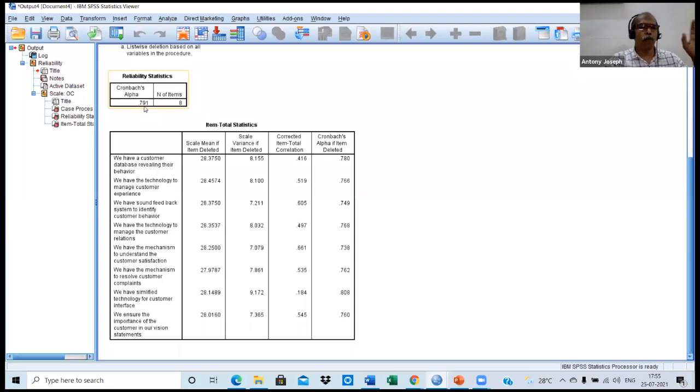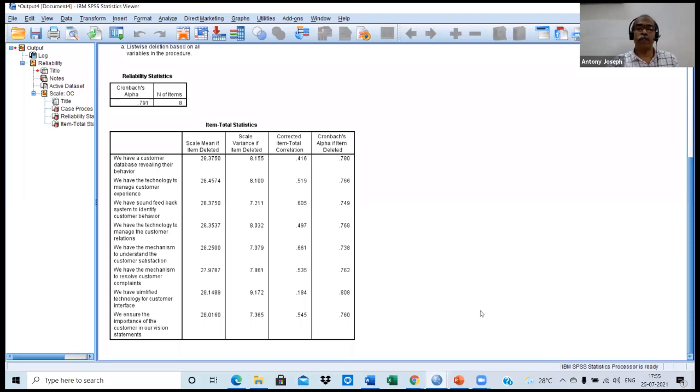If any item has a Cronbach alpha greater than 0.791, that statement must be deleted. That cannot be used for the measurement of this particular phenomenon. That is not fit for the scale.